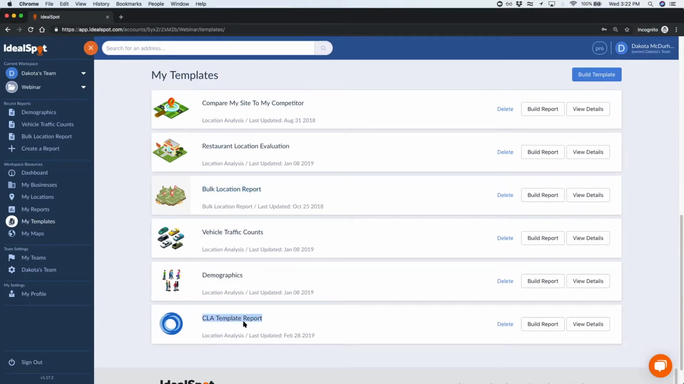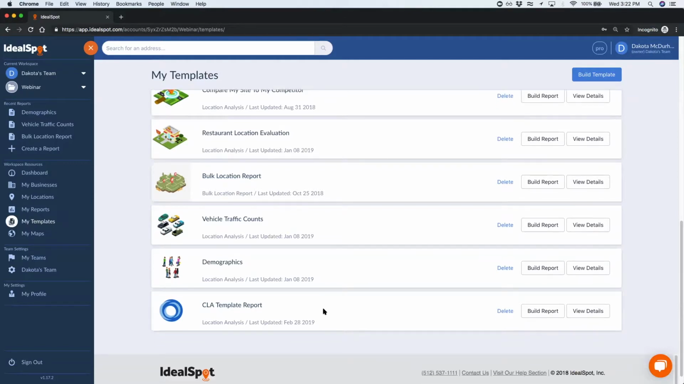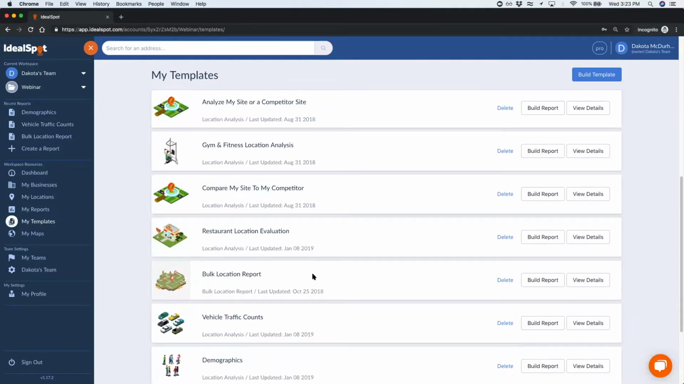The CLA template report is a cool one. It is one that we built with the Coin Laundry Association, which is a partner of ours. And it is specifically for companies that do laundry and laundry-related businesses. And so this is our most specific of any of our business-based templates. So next, let's go up here and we'll dive into the restaurant location evaluation to just show you what one of our more specific